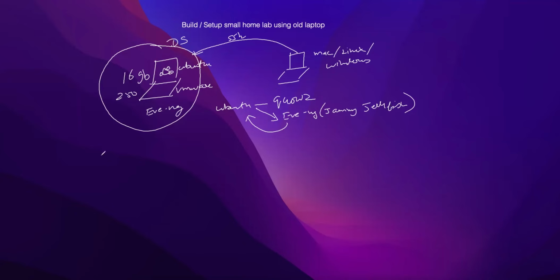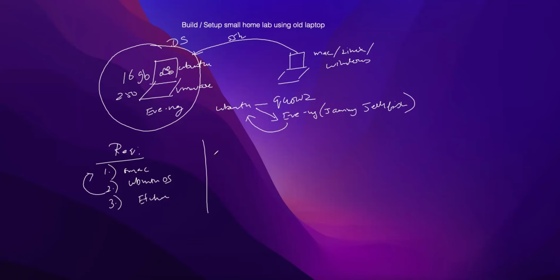Alright, so what are the requirements? What do we need to build this lab? First of all, your Mac, the old Mac, whatever you have. Second is going to be your Ubuntu operating system, and the third one will be Etcher. Once you have downloaded Ubuntu, booted it, flashed it, and installed it on your Mac,